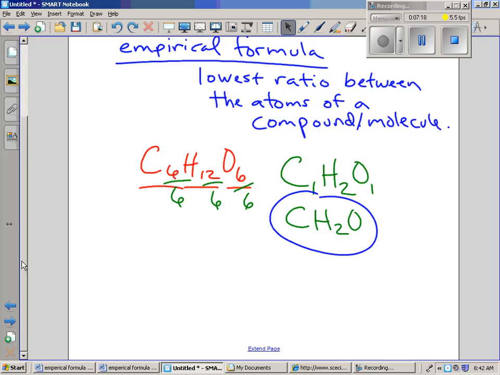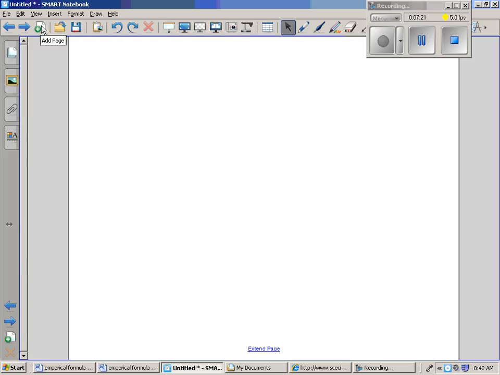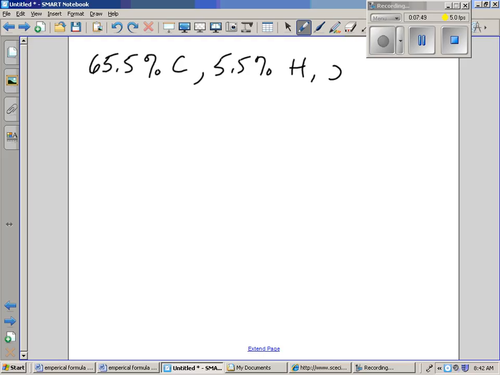For example, if I had 65.5% of carbon, and I have 5.5% hydrogen, and I have 29.0% oxygen, that's all by mass, you will be able to, when we're done,